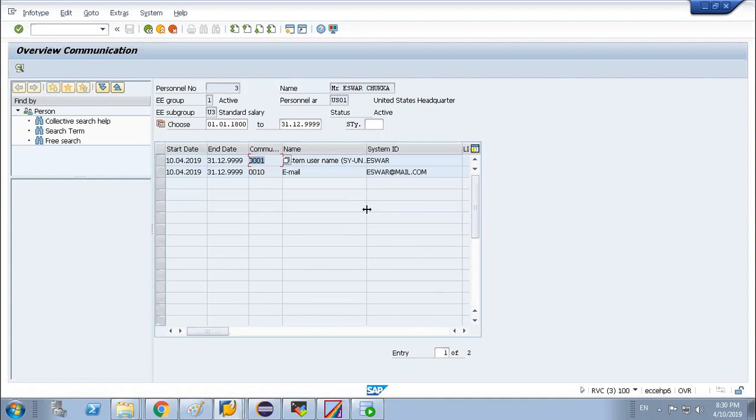For those, you need to have ESS and MSS roles in the HR system. And for that reason, you need to mandatorily maintain this info type. So business users might have the info type, but for employee cases, it might be that the info type is not present. Okay.